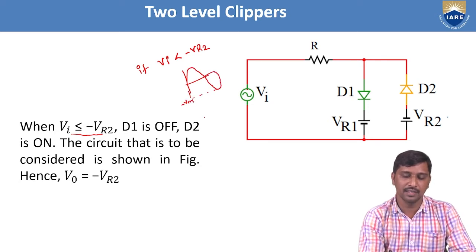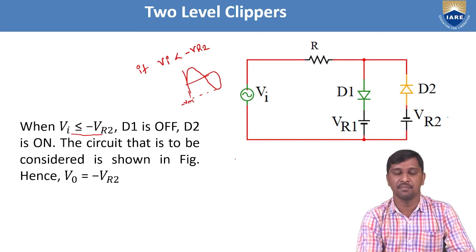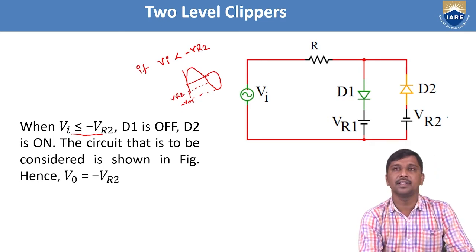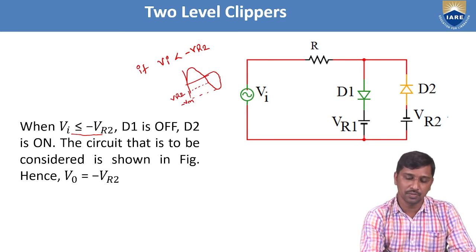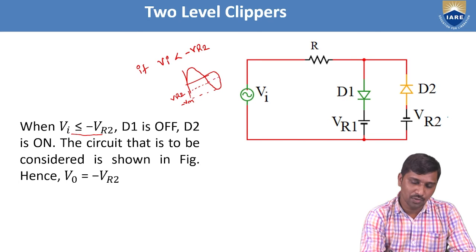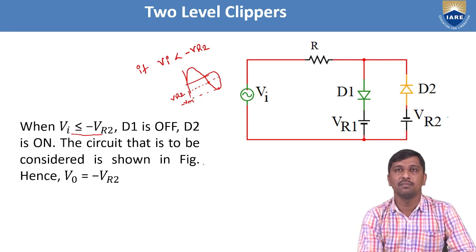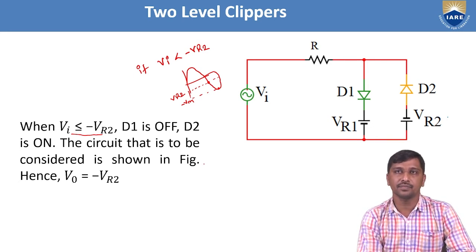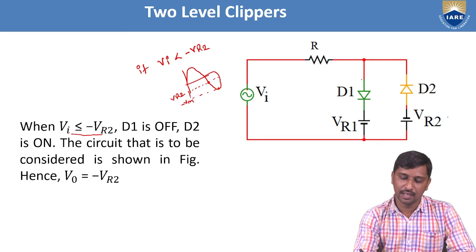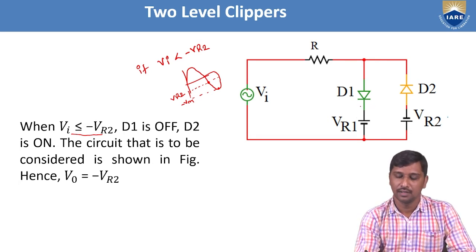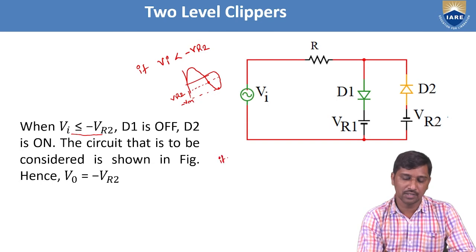Your input signal is passing towards minus Vm. At this signal, let us take this as my VR2, and that VR2 is represented as a negative magnitude. So from this VR2 to minus Vm, your input signal becomes lesser. Let us take, and here if you observe from the circuit, the D1, if you consider across the